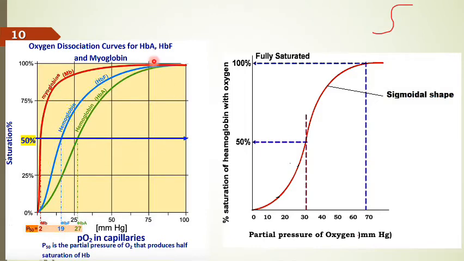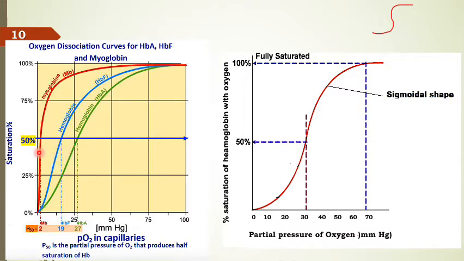This curve is a comparison between myoglobin, hemoglobin A, and hemoglobin F. I will discuss this diagram because it is present in your book. At the venous blood, meaning at the tissue or the organ of the body, the partial pressure of oxygen is only 20 millimeter mercury. Suppose this is 20 millimeter mercury. It is written 25, but actually it is 20. You go upward, this is the partial pressure of oxygen. If you make a horizontal line, hemoglobin will be saturated by about 40%.